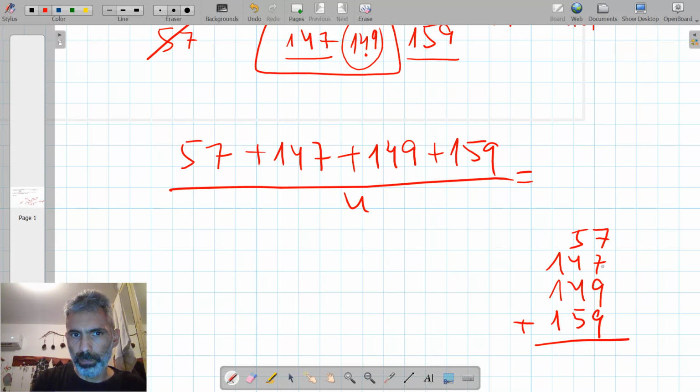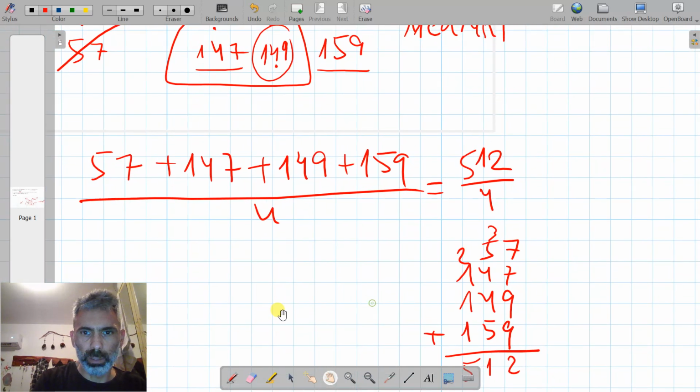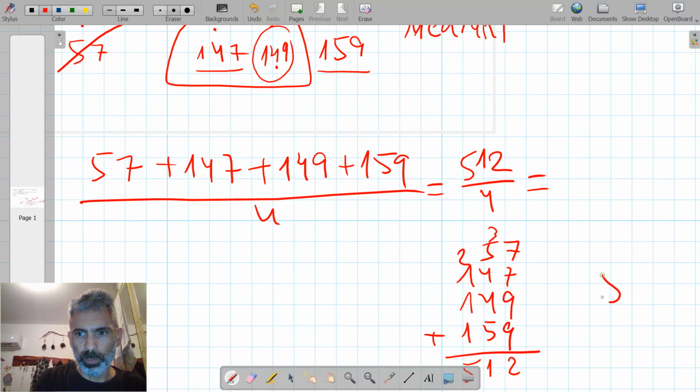7 plus 7 is 14. 14 plus 9 is 23. 23 plus 9 is 32. 3 plus 5 is 8. 8 plus 4 is 12. 12 plus 4 is 16. 16 plus 5 is 21. 2 plus 1 is 3. 3 plus 1 is 4. 4 plus 1 is 5. So we have 512 over 4, which means that the mean is